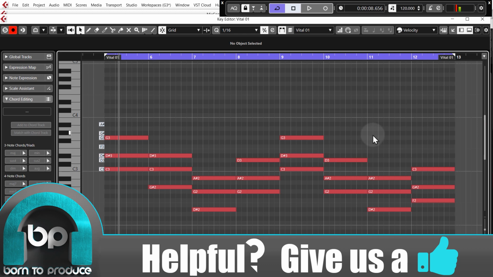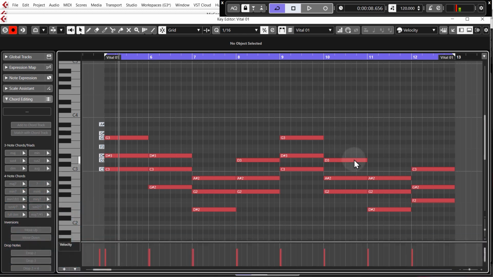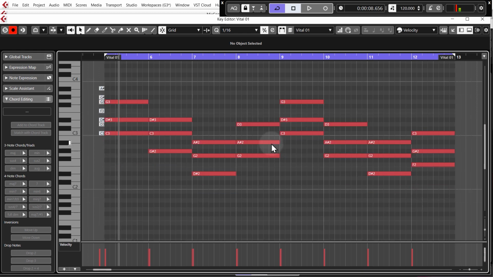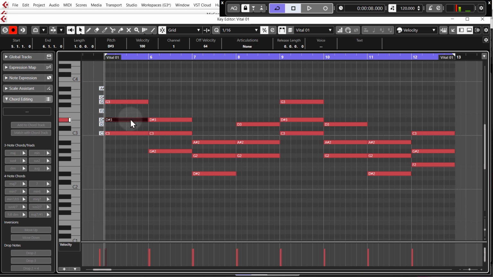So as it is so simplistic, let's have a look at how we can make this sort of emotionally deeper. So the first and simplest way is to use different voicings for the chords. So using different voicings simply means you're changing the octave that the notes are in, but you're actually using the same notes. So for example, if I take, say, the E flat of the first chord and then move that down an octave,